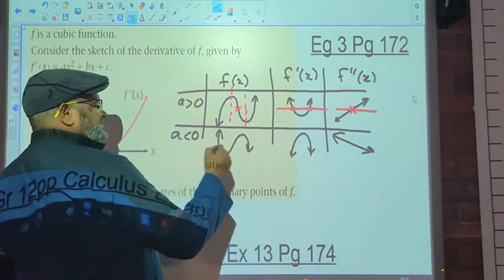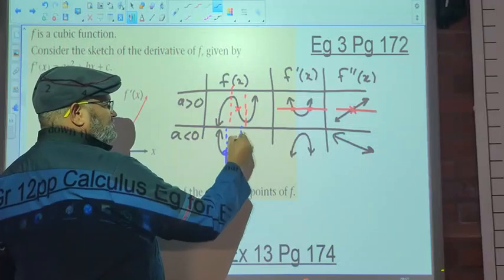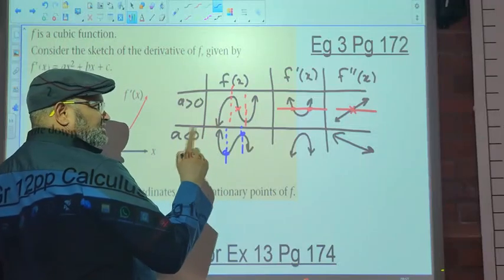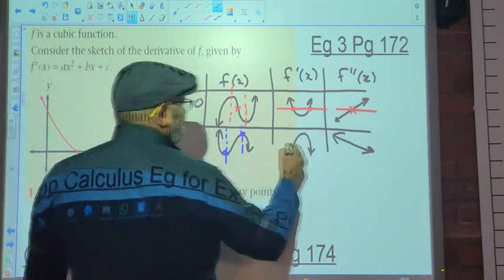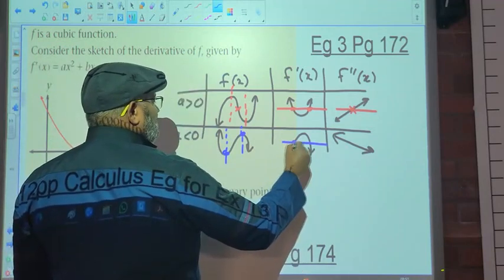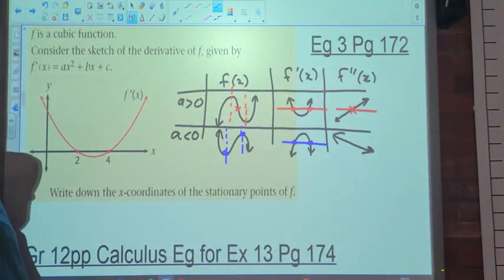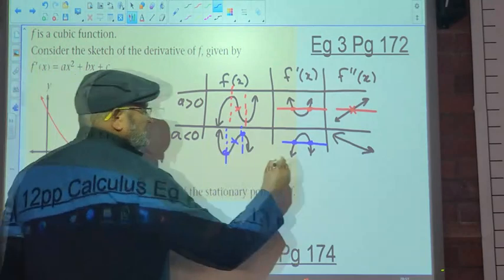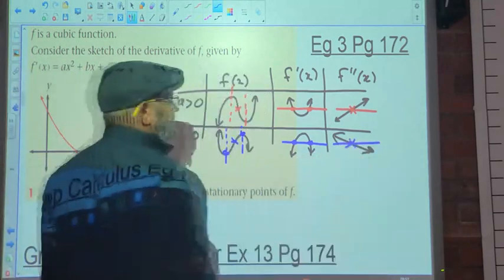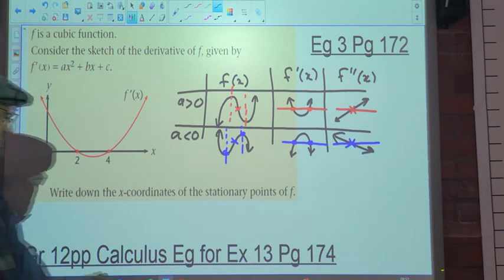Alternatively, when a is less than 0, the x values of the turning points are your x values of the x-intercepts, and your point of inflection is the x-intercept of the linear function. Okay. Now with that in mind,